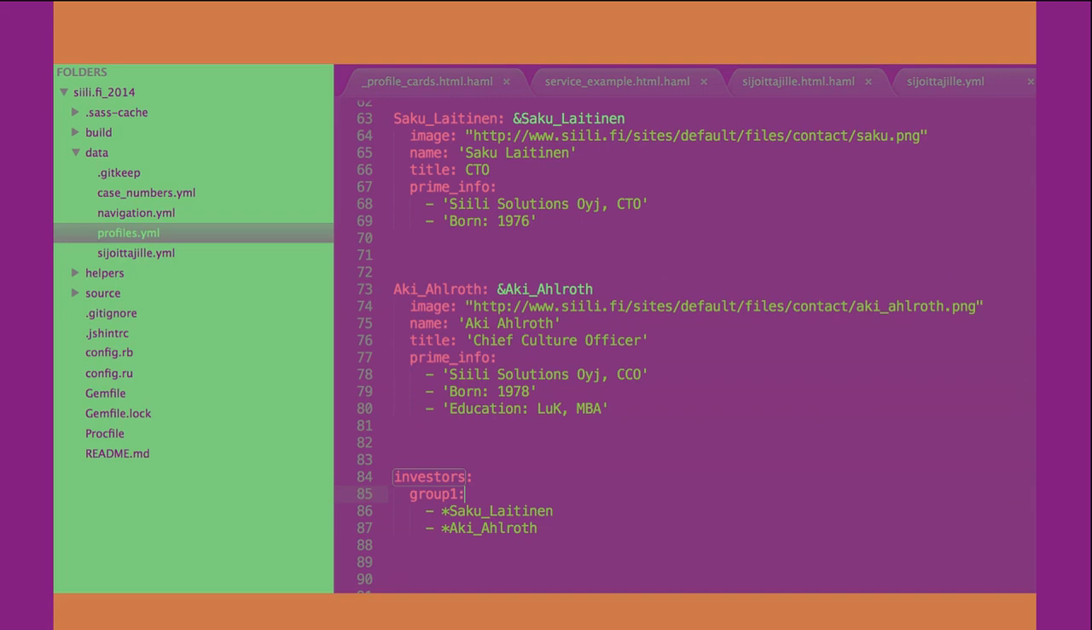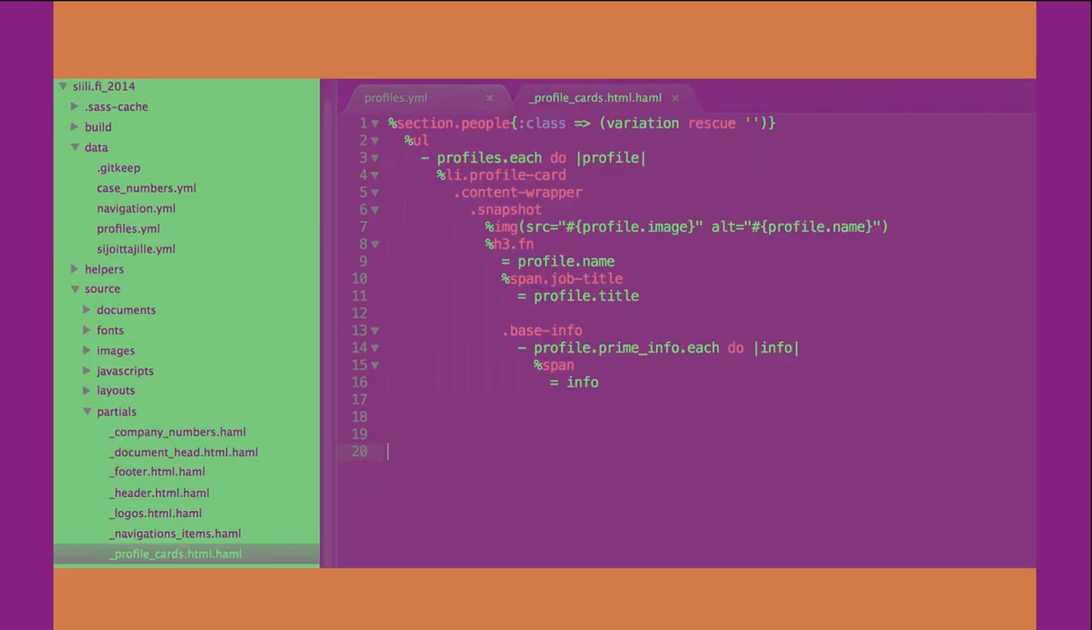And here it is, investors group 1. We put all this data inside the partial. And let's see the partial code. So in this partial code, that is a Ruby function,